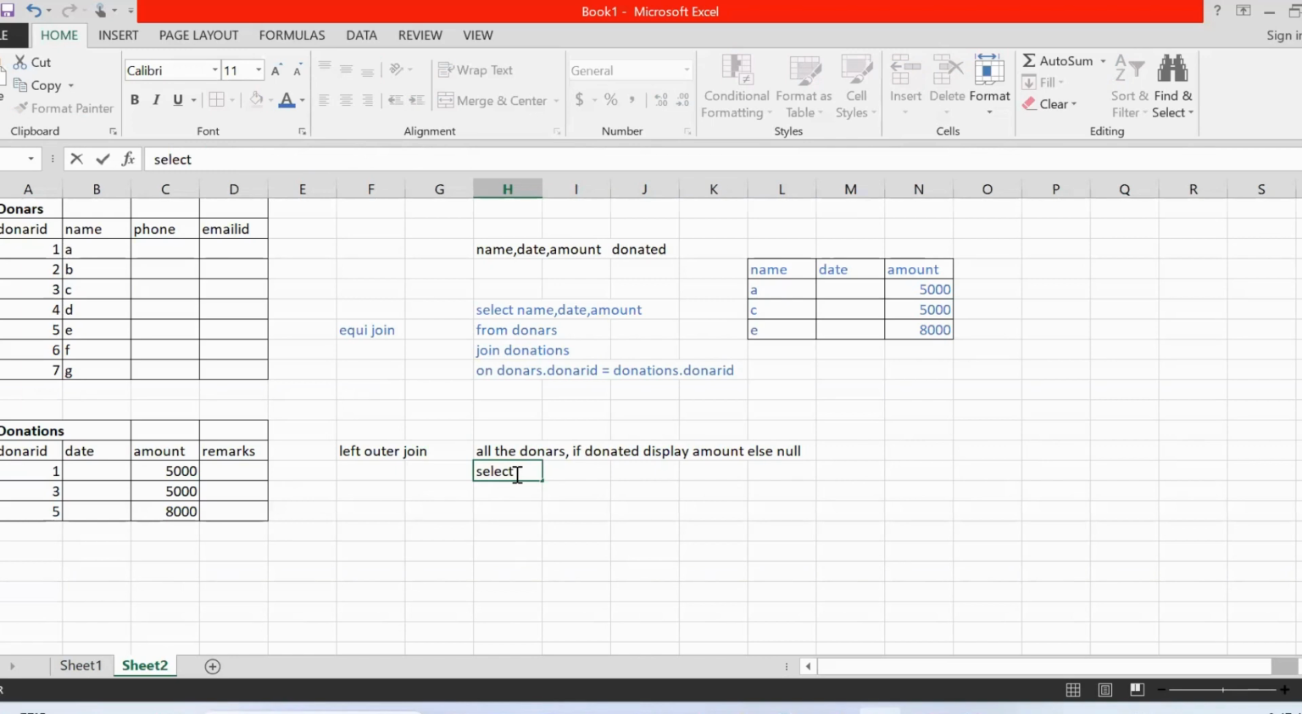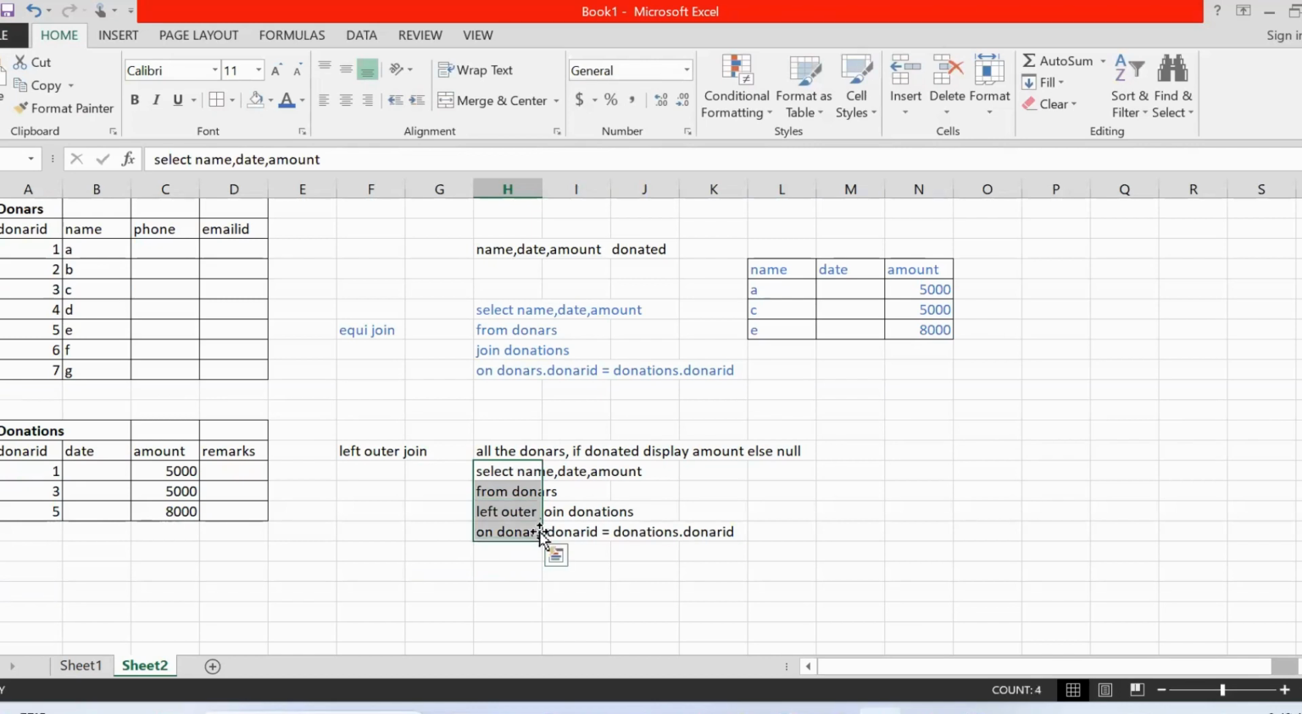Select name, date, amount from donors left outer join donations on donors.donor ID equal to donations.donor ID. That's all. So if you write like this,